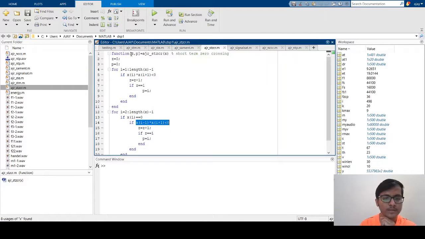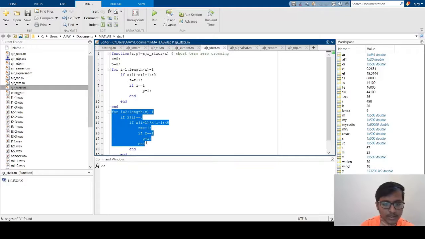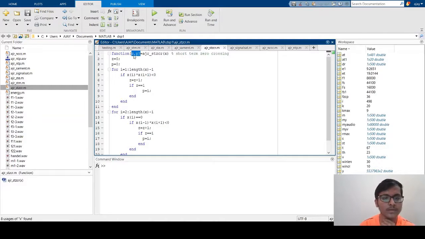And the next thing is, here p represents the first zero crossing point. To find the first zero crossing point, I will take, if z equal to 1, where z equal to 1 means the first zero crossing point, the first zero crossing point index. In a similar way, if this function does not work initially, then our next code will be here. Here I will take p equal to I to get the first zero crossing point. In this way we can get the number of zero crossing points, which is z, and the first zero crossing point index, which is p.